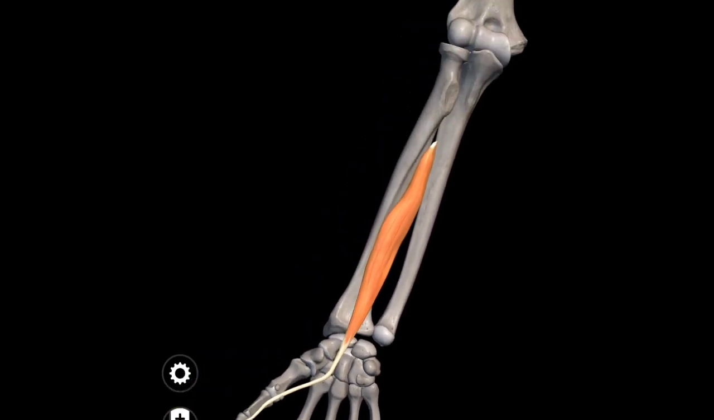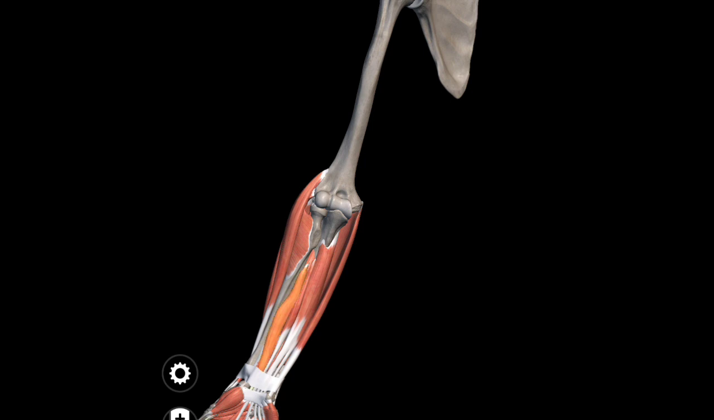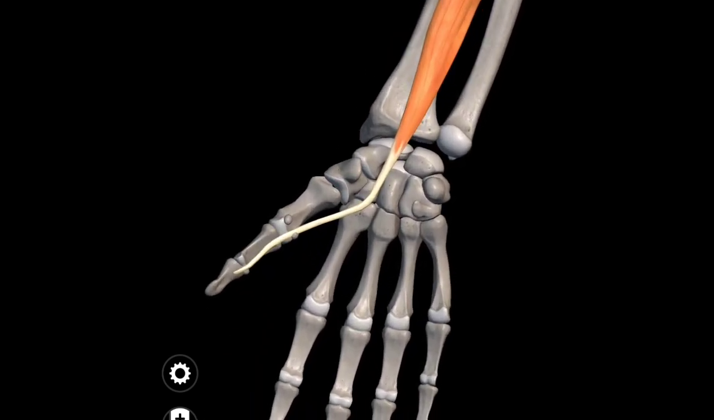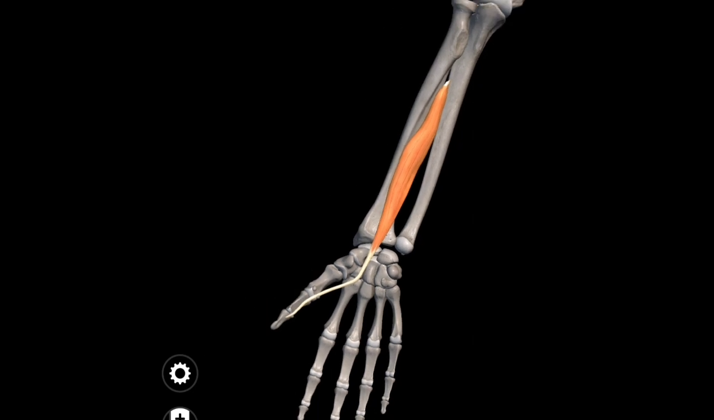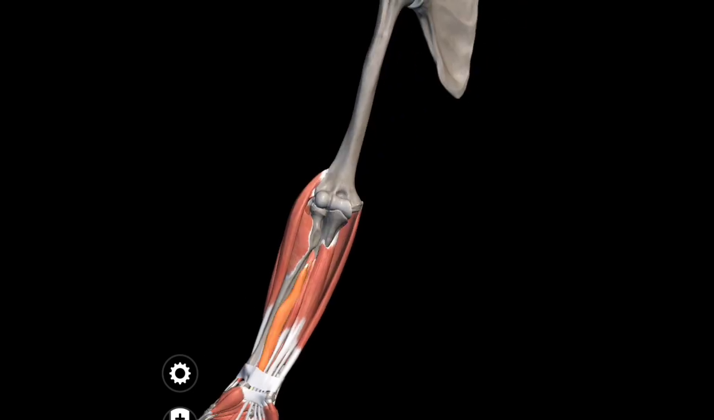So this is the flexor pollicis longus. Now, why flexor pollicis longus? Because it is long and attached to the pollicis. This is actually the pollicis. That's why this muscle is called flexor pollicis longus. Okay. Now we will remove the flexor pollicis longus,